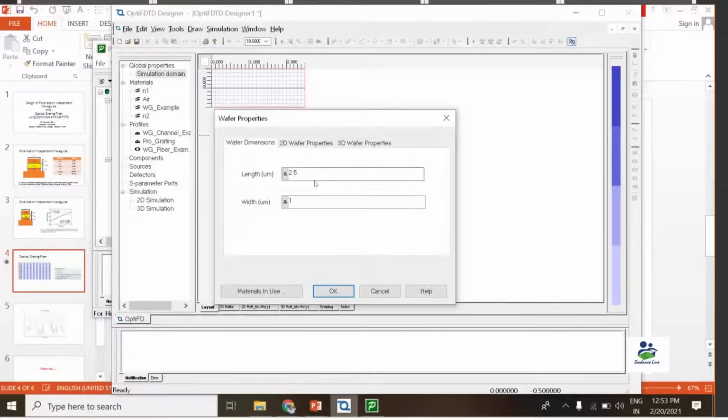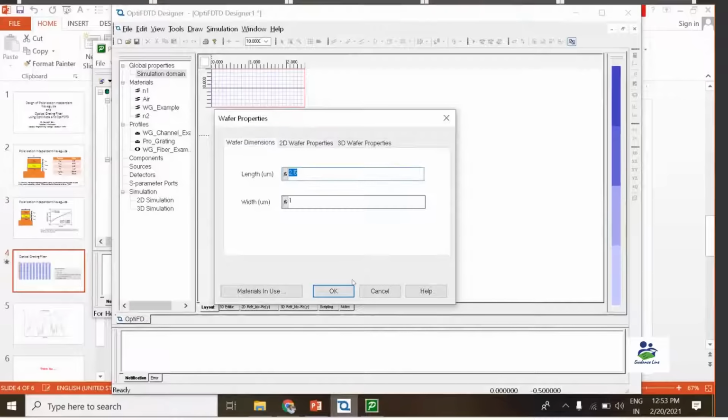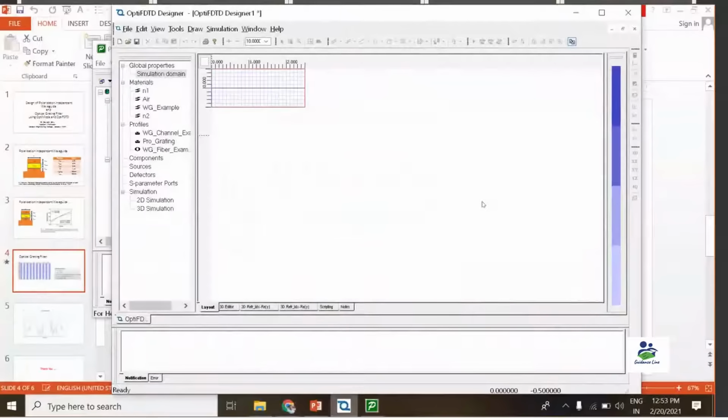In the wafer domain I am defining a wavelength of 2 and a width of 1 micron. These are the default values, so I am using them. In the 2D wafer properties, I am making the material N1, which we have defined for the substrate, having a refractive index of 1.5. I simply click over here, and then click on OK.